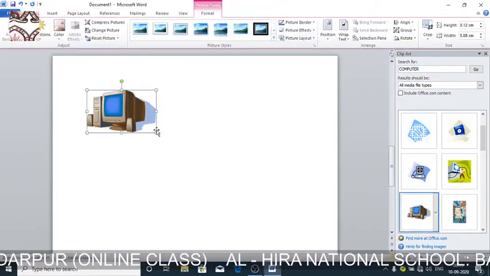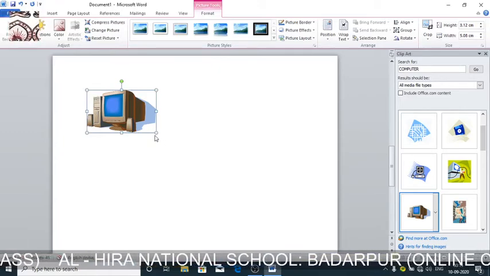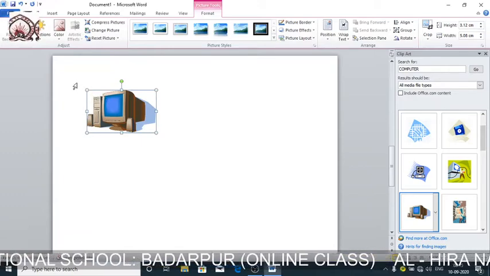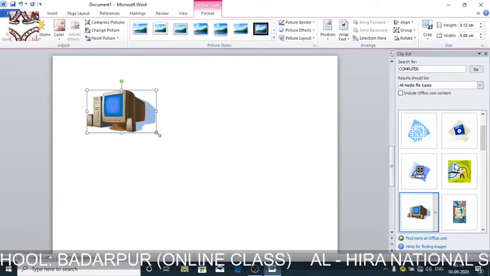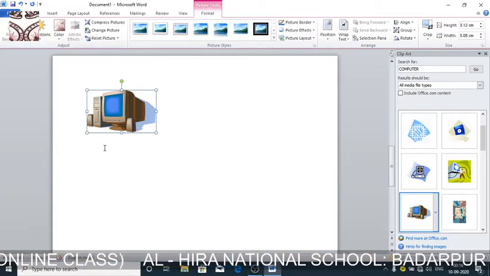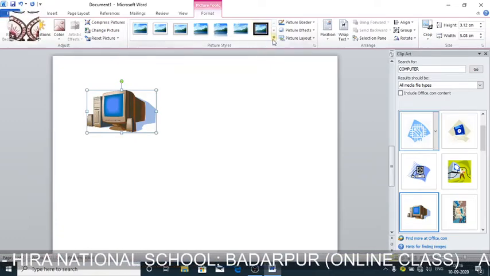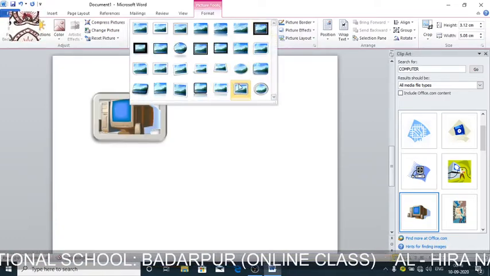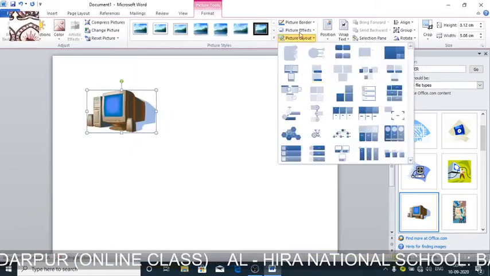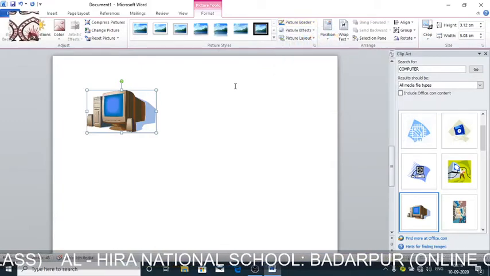You can see that the image has automatically come into that location, and we can adjust it. You can make this clipart bigger or smaller. We can also change its type or shape, change its layout, change its border, everything, and we can also resize it.